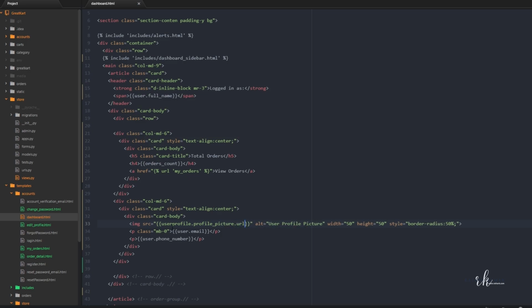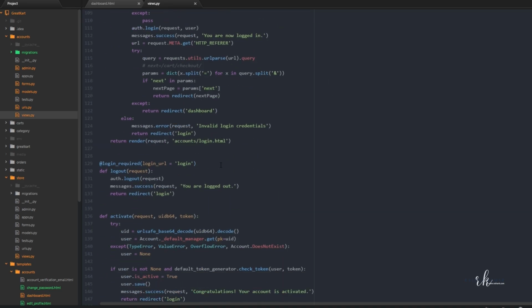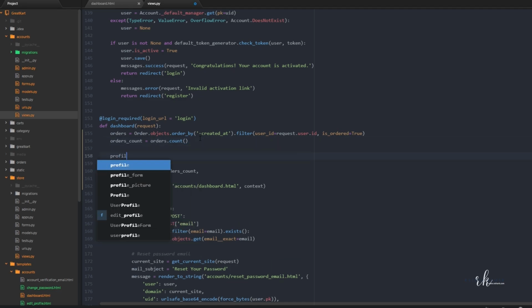Okay, so if you access it like this, it will not give you the profile picture. It will just give you an error, because we are not sending this profile picture. So this profile picture we have to send from the account's views. Okay, so if you see, we have a dashboard here, right? So here what we'll do, we'll say profile,